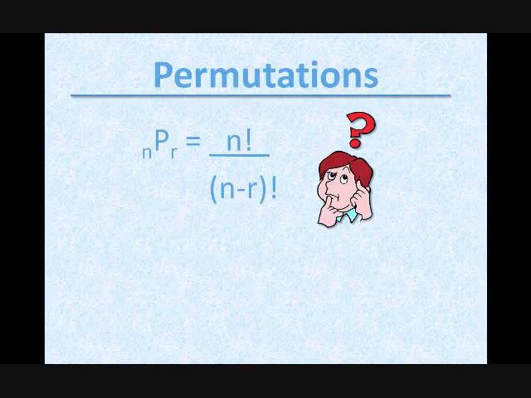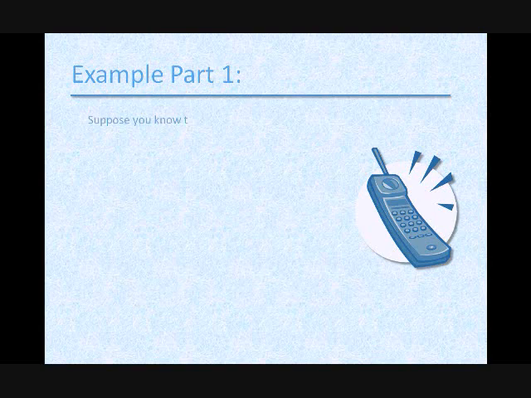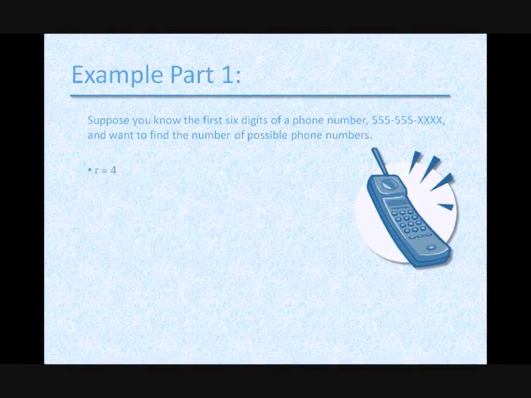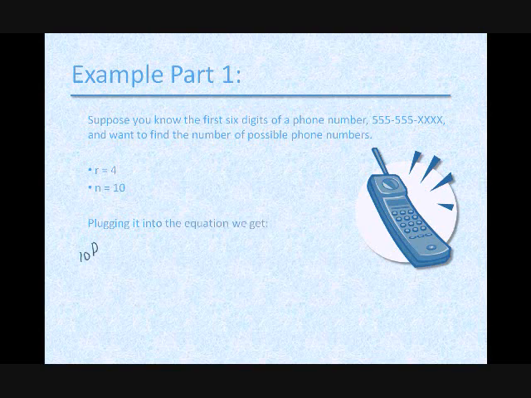Permutations are given by this formula, where n is the number of objects and r is the number of objects taken at a time. Here's an example. Suppose you know the first 6 digits of a phone number and want to find the number of possible phone numbers. We know that r equals 4 because you're taking 4 numbers at a time, and n equals 10 because you're choosing between 10 numbers, 0 through 9. Plugging it into the equation we get